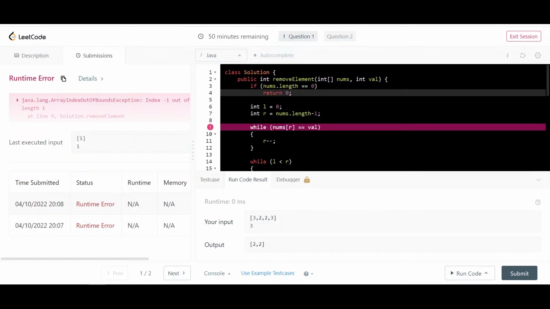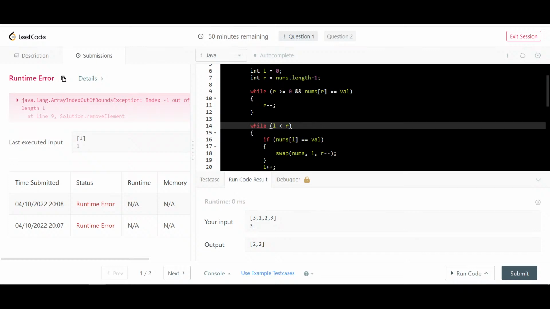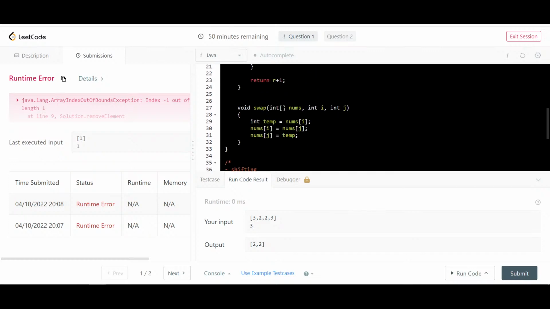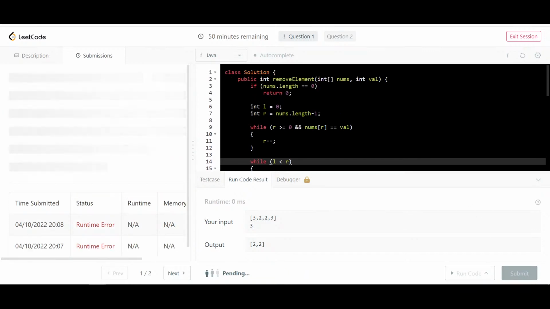R was initially 0, now R will become minus 1, and since R becomes minus 1, you have to do, of course, while r is greater than or equal to 0, and that's obvious. But I'm wondering, when r equals minus 1, of course, I will return k as 0, which is correct, because after removing them, I'm left with an empty array. Okay, submit again,